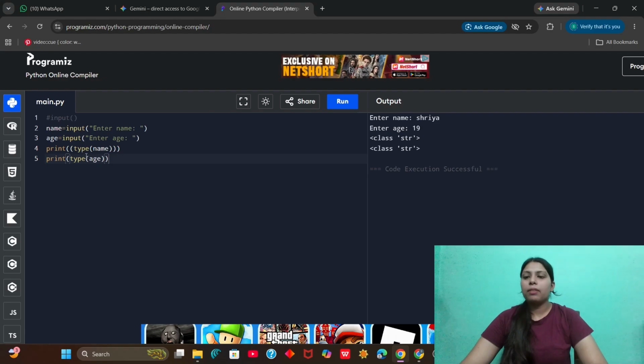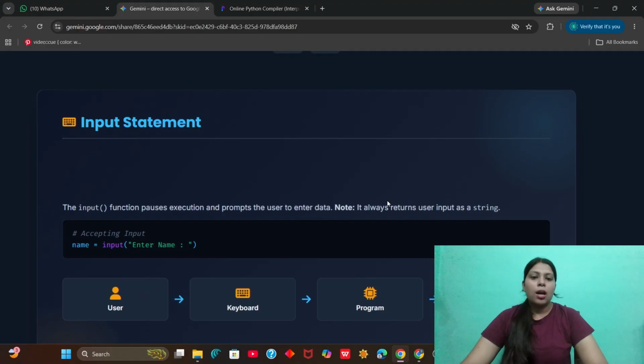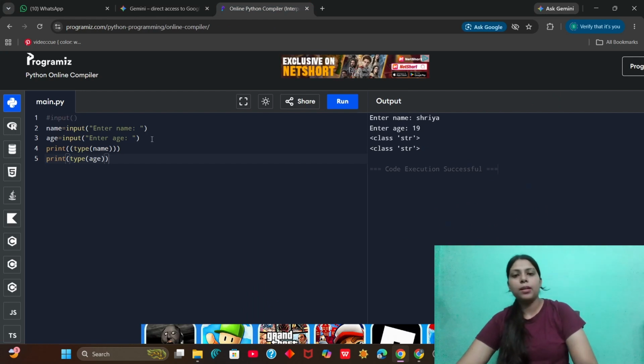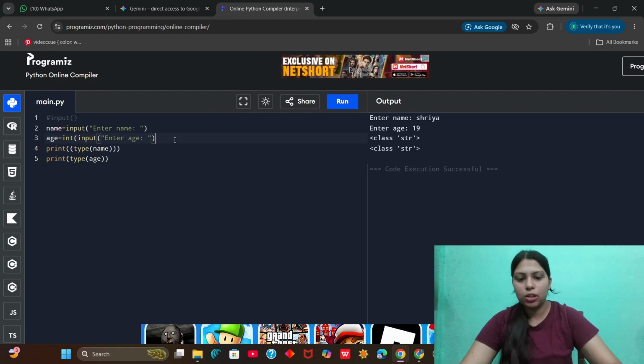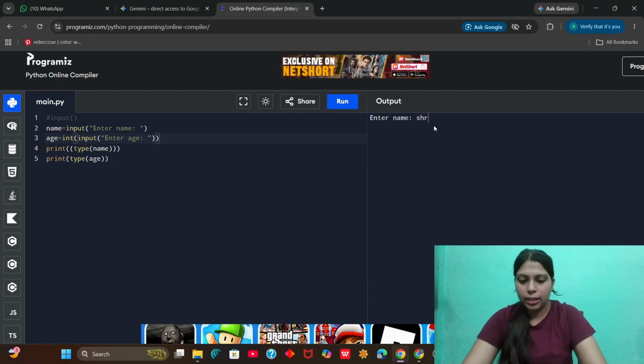But when we are printing the data type, it is saying that it is a string. Why does it happen? This happens because the input function always returns user input as a string. It always takes any input as a string data type. This is why it shows my age as a string. So what will I have to do here? I will simply use my int function and do the data conversion here. So now once I do it again,